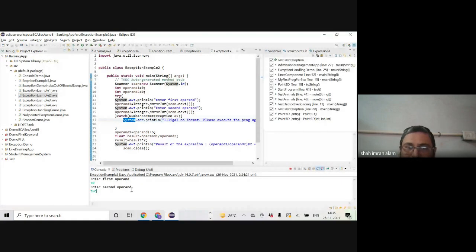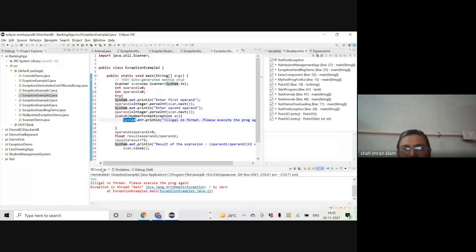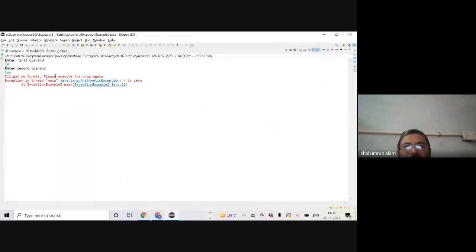Let me enter. See, we are getting illegal number format. Please execute the program again. This is the message that we have printed in System.err.println. Then: Exception in main java.lang.ArithmeticException divided by 0. ये दोबारा से क्यों आ गया?